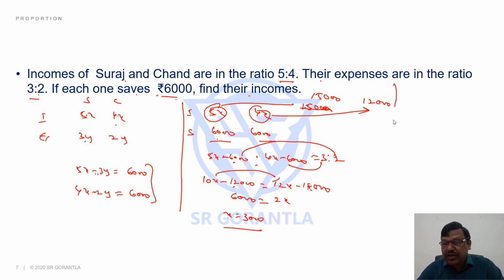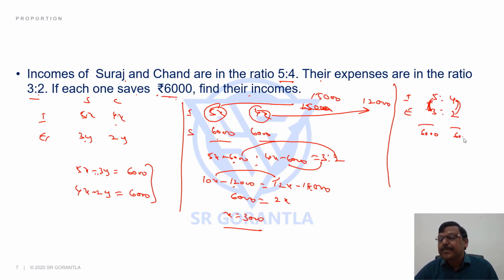And there is a shortcut here. If you observe, the incomes are in the ratio 5:4. The expenses are in the ratio 3:2. This is a special case. It's not possible all the time. It's possible here because what is the difference in the number of shares? 2 shares. Here also 2 shares. Both cases I have a difference of 2 shares, and both cases I have a difference of 6,000 between income